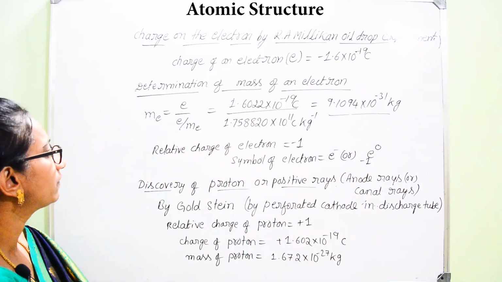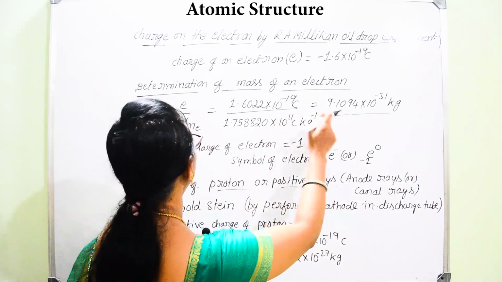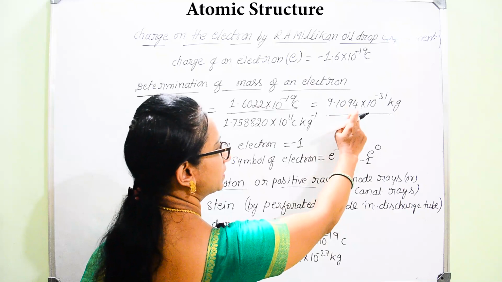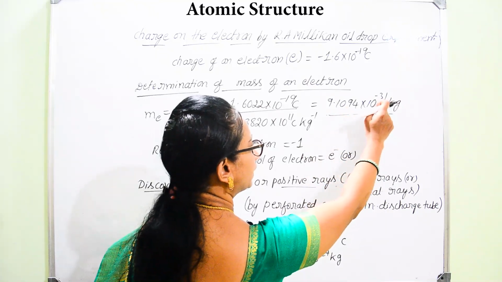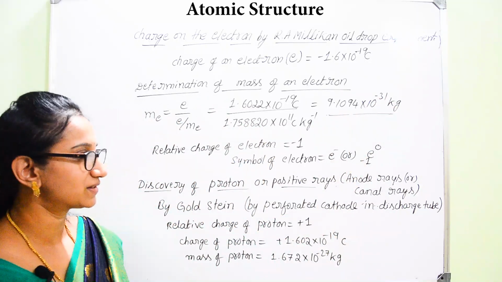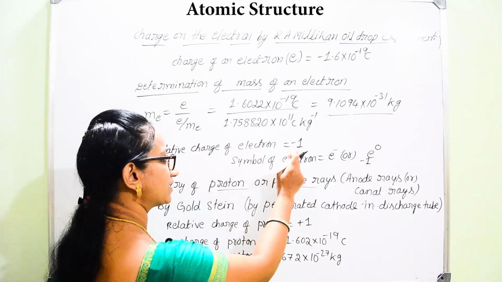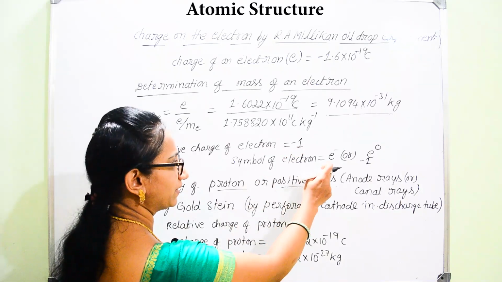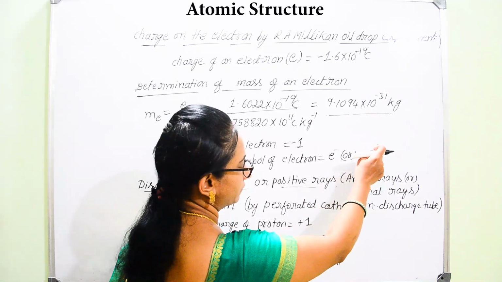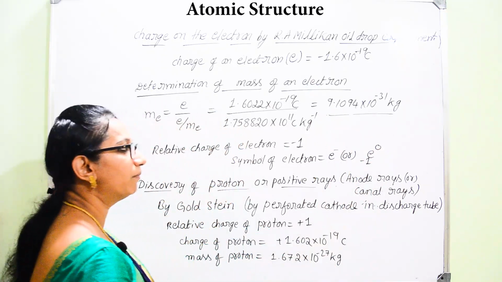Now if they ask what is the mass value for electron, in any problems, wherever there is requirement for the substitution of the mass value of electron, then you need to remember this value, that is 9.1094 into 10 power minus 31 kg. There should be negative power, it is very less, minus 31 kg. So therefore we can consider it is almost equal to 0. Hence the relative charge value of electron is given as -1 and the symbol for an electron is given as e to the power minus, or it is represented as e, where the prefix will be 0 and the suffix will be -1. So -1 represents its charge value and 0 represents its mass value.